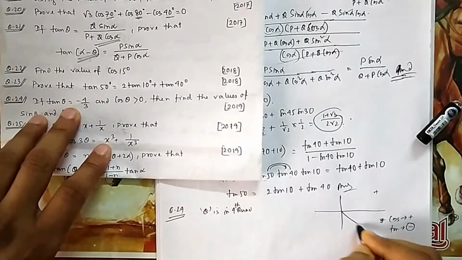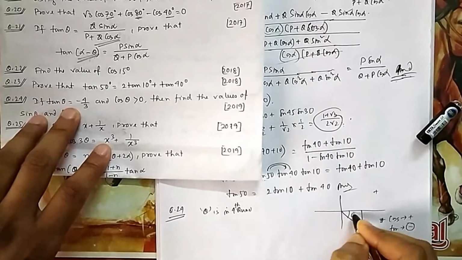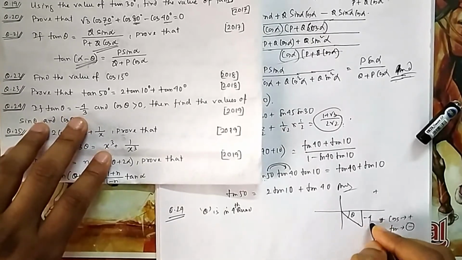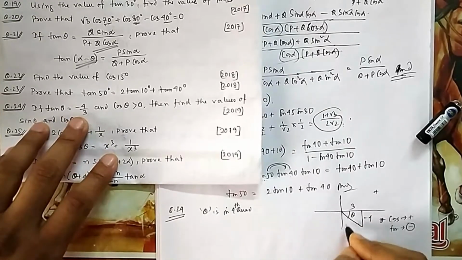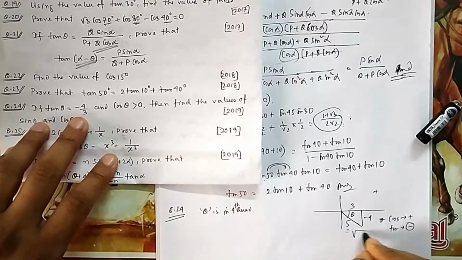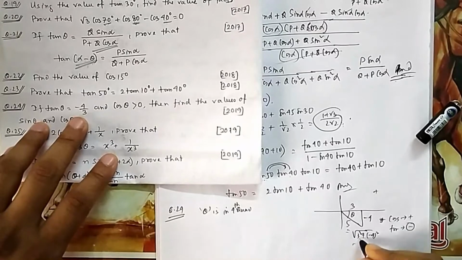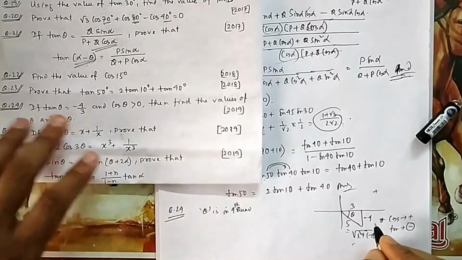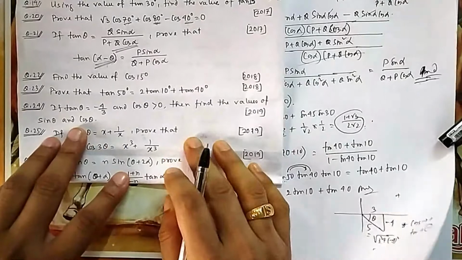So if you draw in the fourth quadrant, this is my theta, and they have given height is -4, this is -4 you can see, and the base is 3, so the hypotenuse will obviously be 5 because it is under root 3 square plus -4 square. 3 and 4 always makes 5. 9 plus 16 is 25, it will be 5. Find the value of sin theta and cos theta.